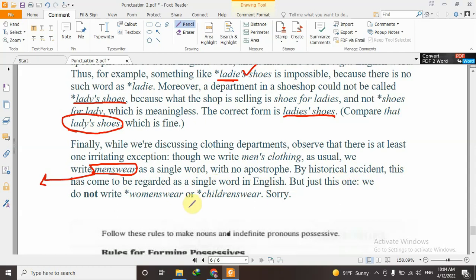We don't write women's wear. هسه واحد يقول زين ست احنا قلنا men's wear، خلنا نغير المن إلى women. لا، ما عندنا هيك شيء. ولا عندنا children's wear. ما عندنا هيك شيء. Okay, we just have men's wear without the possessive s, without the apostrophe. Without the apostrophe. Okay, clear؟ يعني عندنا احنا نجي نحكي بالclothing departments ما نقدر نقول women's wear، ما نقدر نقول